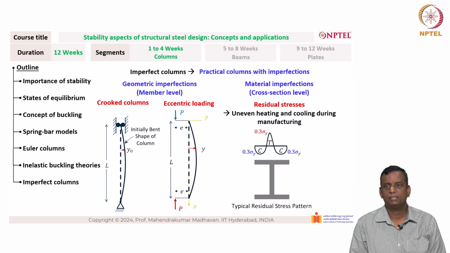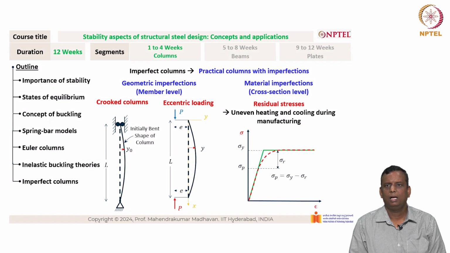The web-flange junction typically experiences a tensile force, as you can see from here. So this is the famous CTC pattern that we typically understand for I sections. And then you can also see that at the web it is a TCT pattern. And this stress versus strain plot gives you the importance of residual stresses, how the residual stresses alter your load carrying capacity. There is a slight deviation, as you can see here.